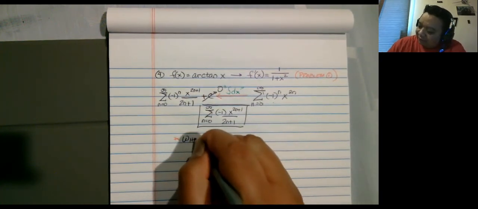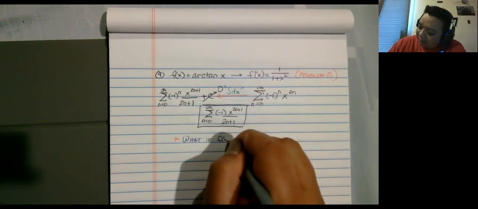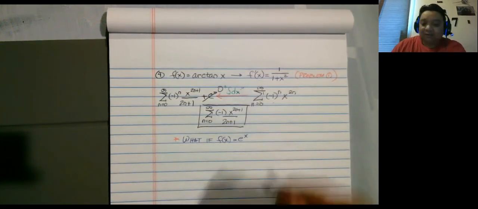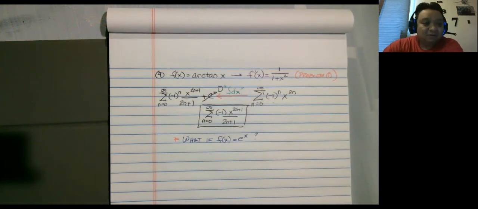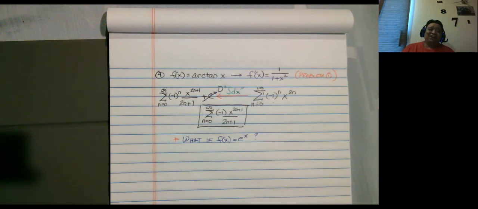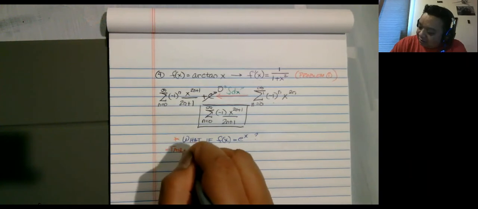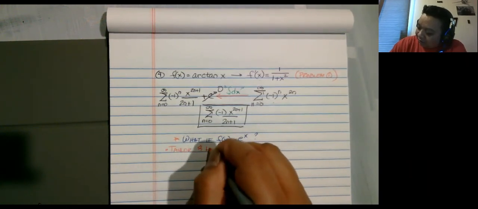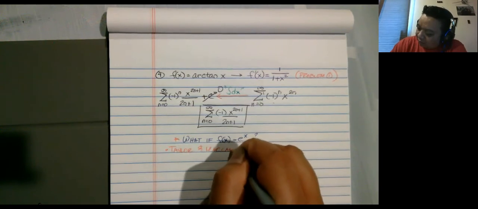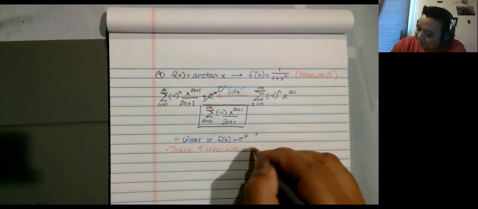So what if f of x is e to the x, right? Because derivative of e to the x is e to the x. Well, there's nowhere a rational function on it. So now what do you do, or how do you represent e to the x as a power series? And so this is where Taylor and Maclaurin series